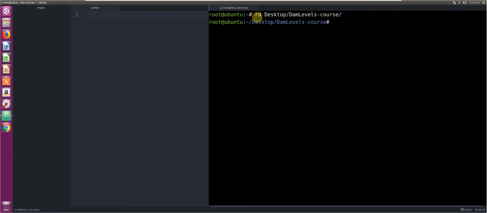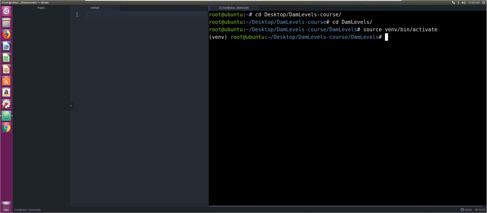Okay, so once I'm in there, I'm going to activate my virtual environment. So I'm first going to go to the dam levels project folder and then activate my virtual environment. Okay, once that is done,